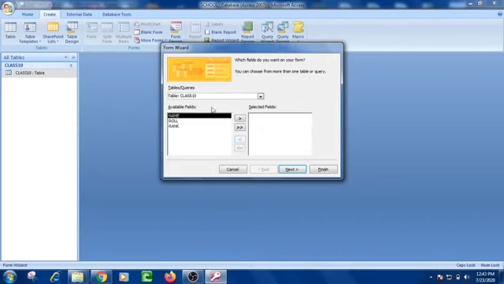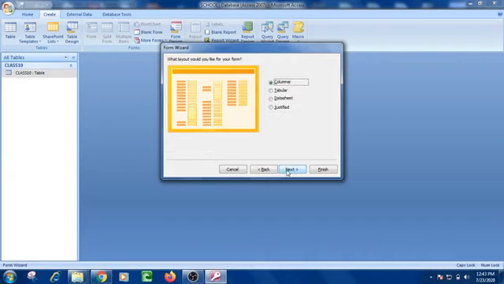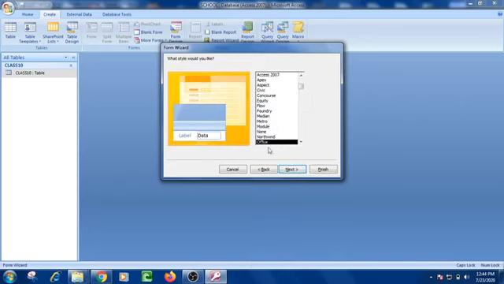And one more thing I would like to say that on clicking the double arrow, all the fields will be selected in a single go. Now click on the next button. You can select the layout of the form. Suppose that a columnar is there, then tabular, datasheet and justified. I have selected the columnar, then click on the next.